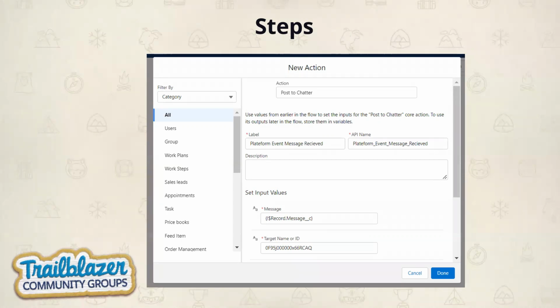Once you see the dollar sign, then the curly bracket, then the exclamation mark, then $Record, it means this is the global variable. Under this global variable, we already created a custom field that is called Message. Here you can see underscore c, this is the custom field, and we already created one source as well, right? And then you can see here Target Name or ID. This ID is coming from my chatter group ID. I already showed it in the URL. You just have to maintain this ID here, just copy and paste it like this,